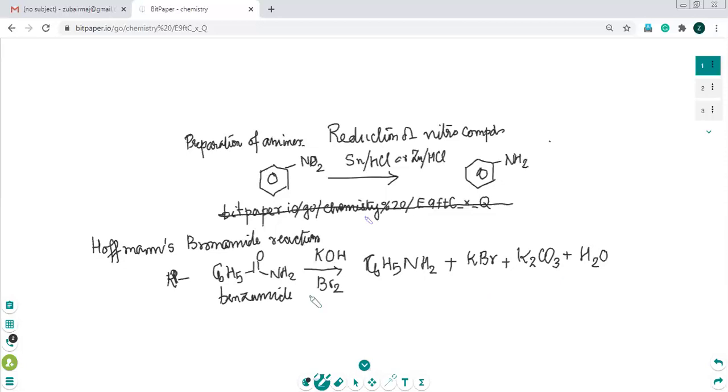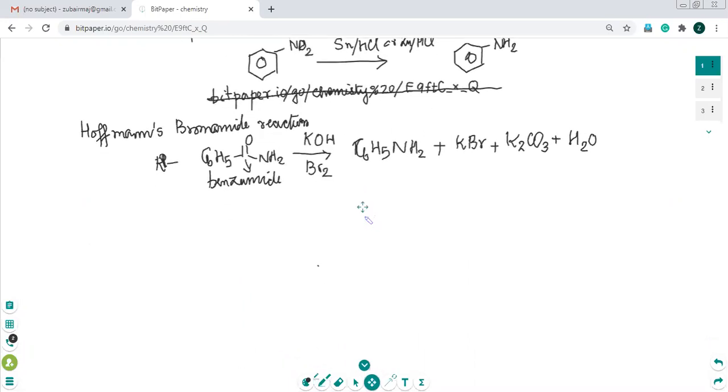So this is what is called Hoffman's bromamide reaction. You can see you can reduce the number of carbons in a molecule like this. This carbon is lost as carbon dioxide. So what you're getting is C6H5NH2. So this is the example for a bromamide reaction. Any other method by which you can make